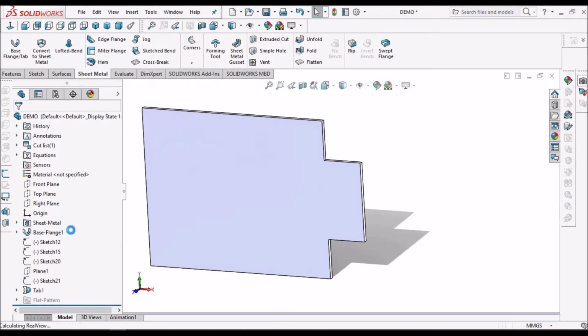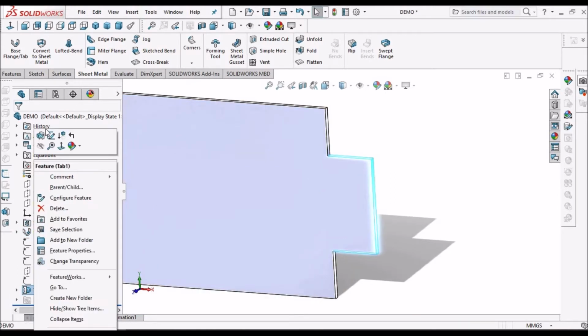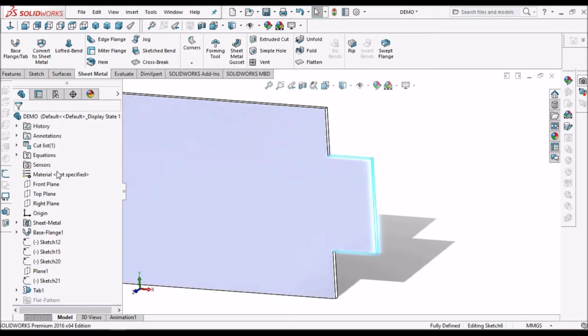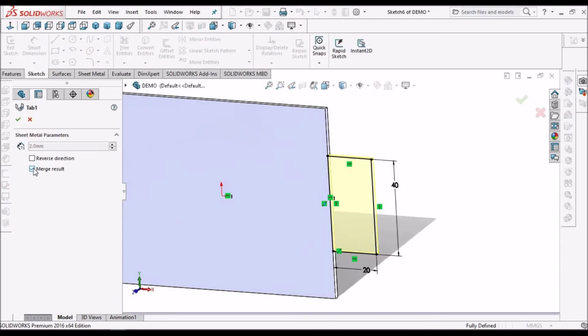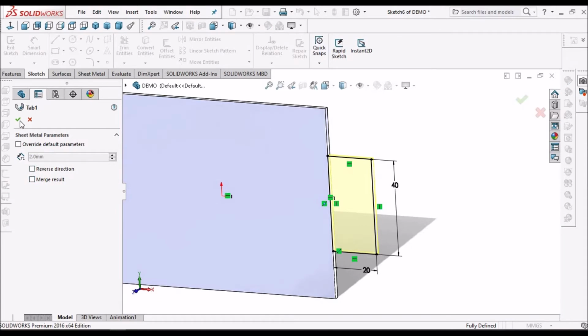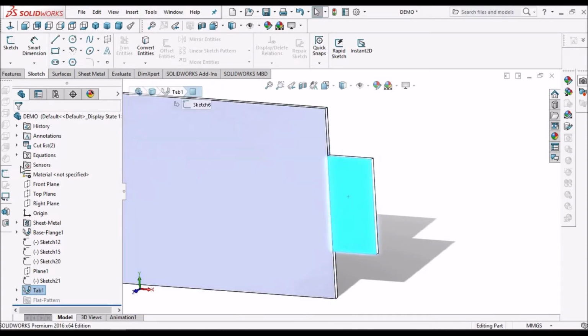So now what we have to do is edit the feature and uncheck merge results. Say OK. So now these two are two different bodies.